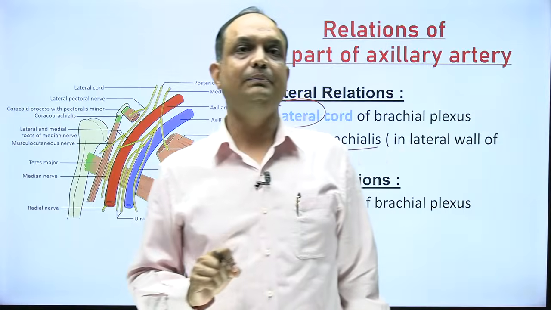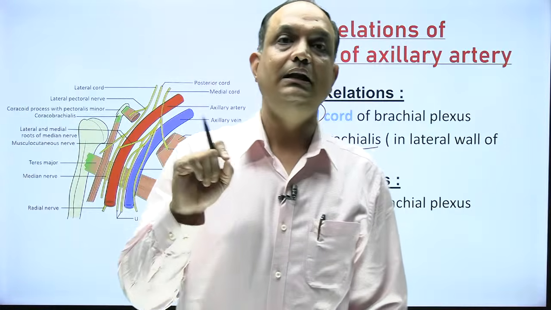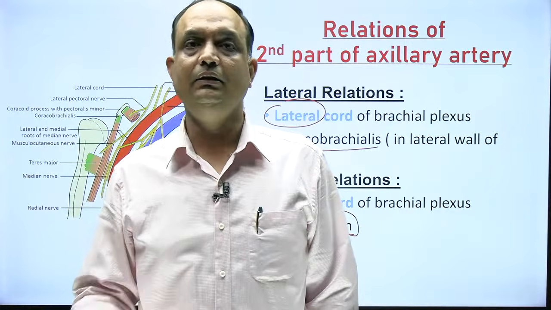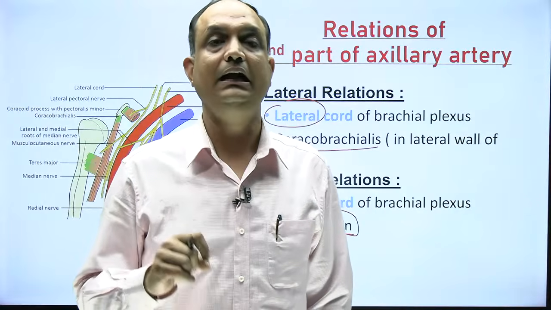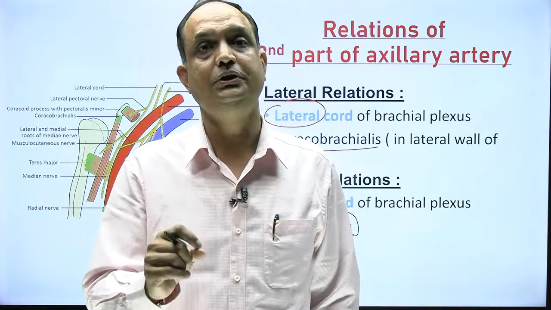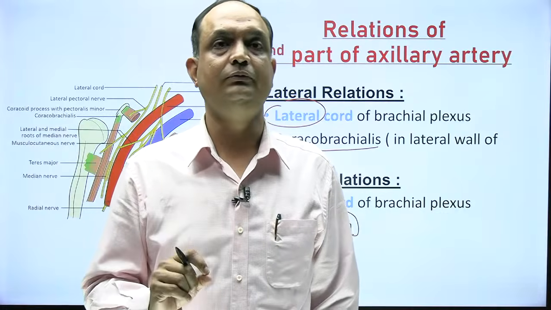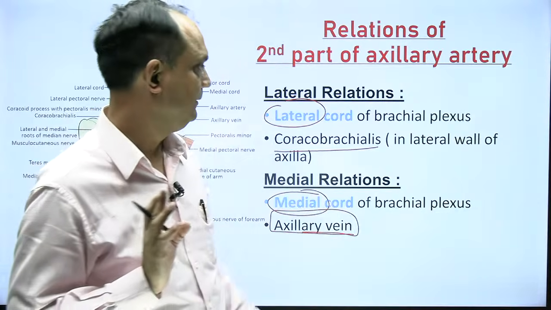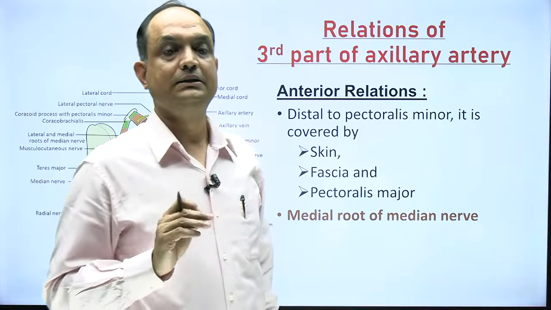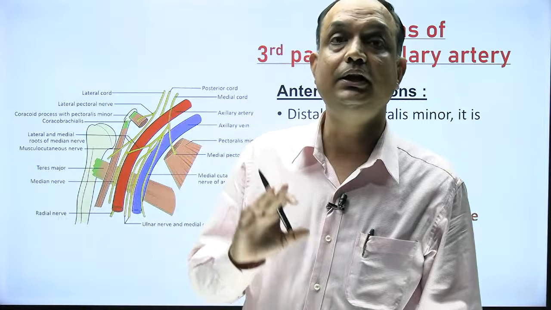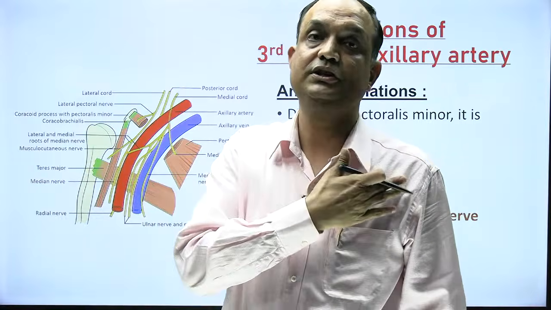So in the second part you have seen laterally lateral cord, medially medial cord, posteriorly posterior cord. But in the first part you have seen laterally you will have lateral cord and posterior cord, and posteriorly of the first part is medial cord. Clear? Now when you move to the third part, the third part is anteriorly related to the structures of